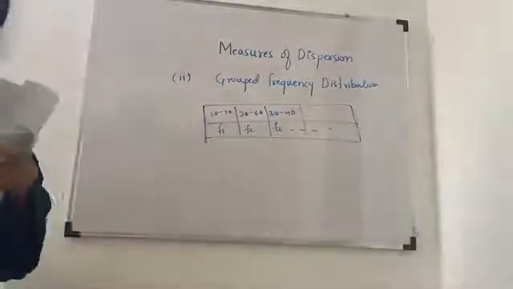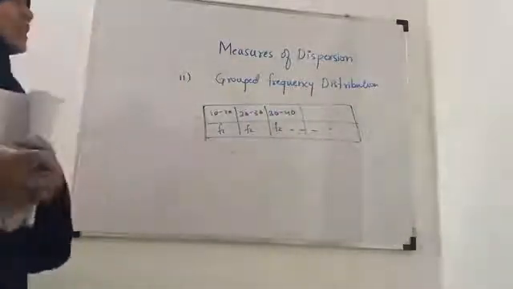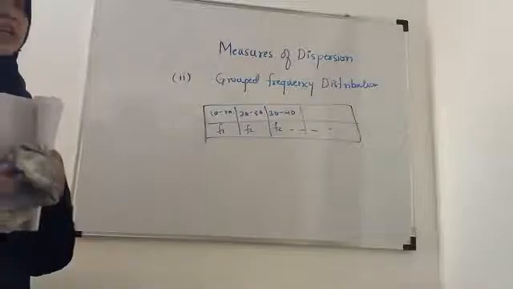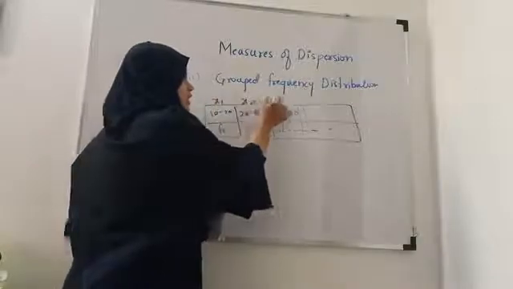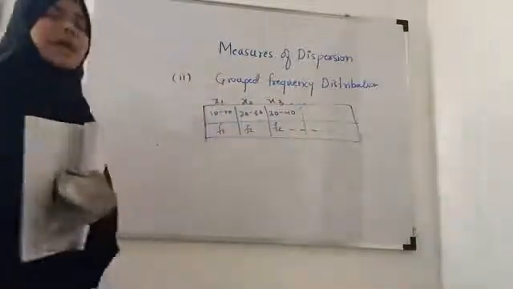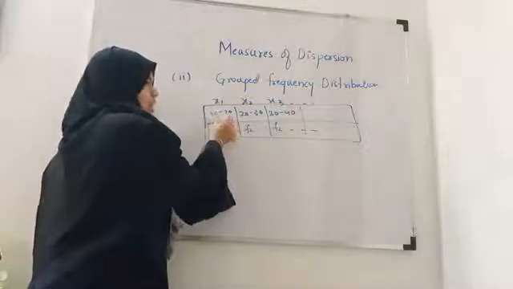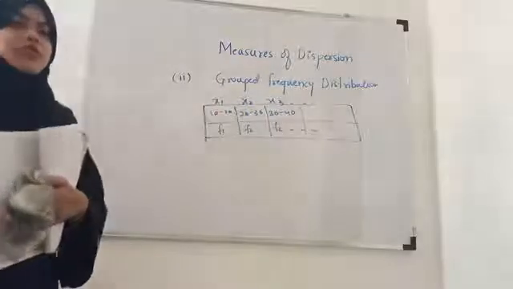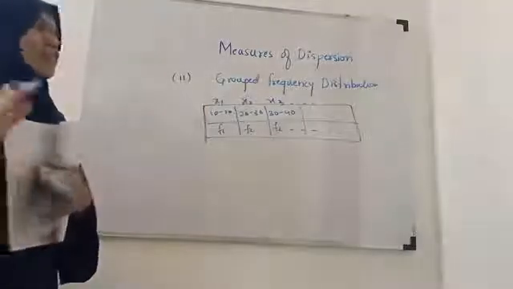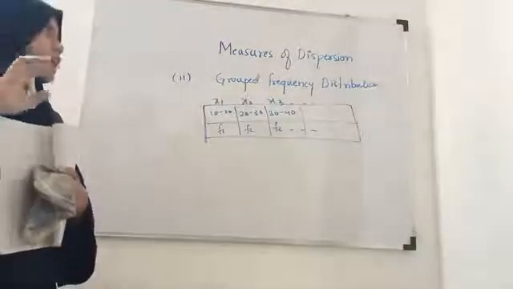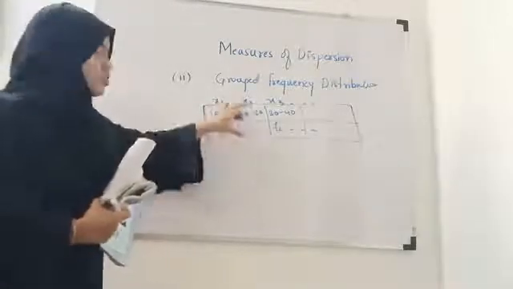Okay, now here the xi's are not there, right? Here only the classes are there, but in the formula we require xi's. So what we will do, we will take out the midpoints of each of the class and that will be considered as xi. Midpoint means 10 plus 20 divided by 2, it will give you midpoint for this class and that will be considered as x1, the first observation. Okay, similarly we will do for rest of the classes. So it will give us xi's. This is the only difference between the ungrouped and the grouped, and the formula will remain as it is. Okay, so here the classes will be given, xi's will not be there.